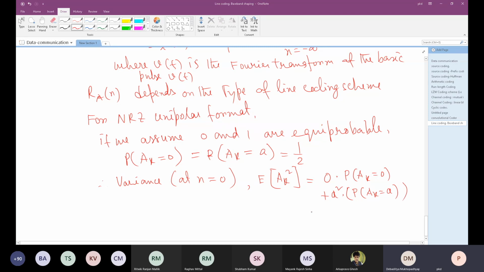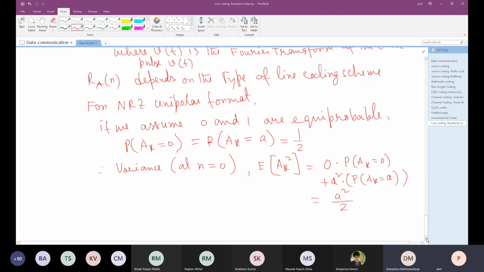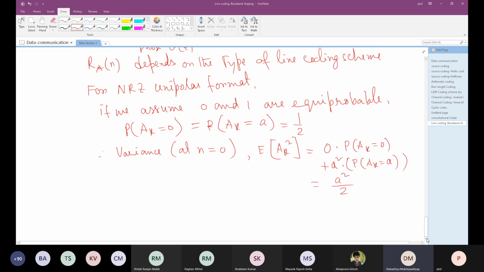So this is equal to A square by 2, because this probability is half,